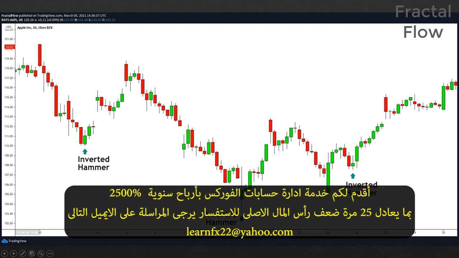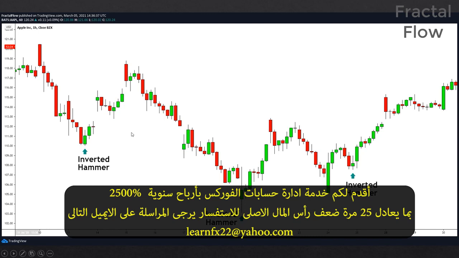The first inverted hammer on the left has a larger candle body than what is expected from this pattern, and a small lower tail as well. We can see that the market indeed reversed to the upside immediately after the pattern. A larger candle body like this one implies a stronger buying pressure, turning the inverted hammer into a stronger bullish